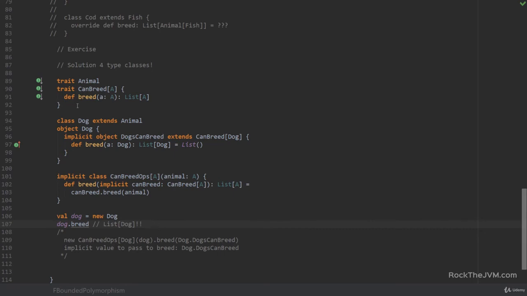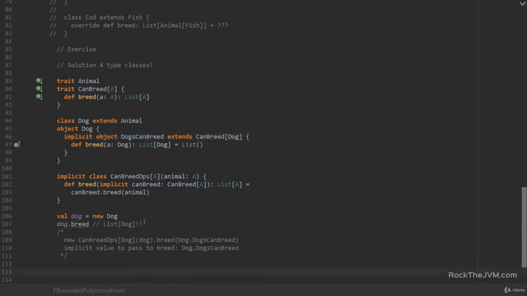So we implemented the type class pattern by first defining the type class's methods, then defining type class instances as implicit objects or implicit values, and then the third step, converting our little object of type Dog, for example, into something which can have access to our type class instance, which has a method called breed, which receives an implicit argument, and the compiler is then free to search for an implicit candidate to pass in here, which it will find in the companion object of Dog where we declared the type class instance.